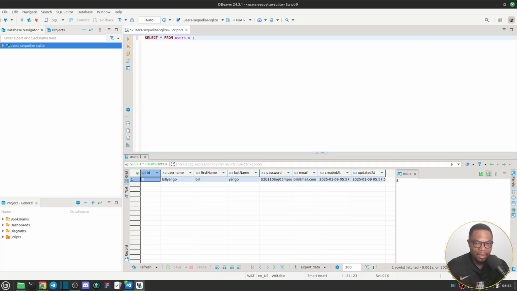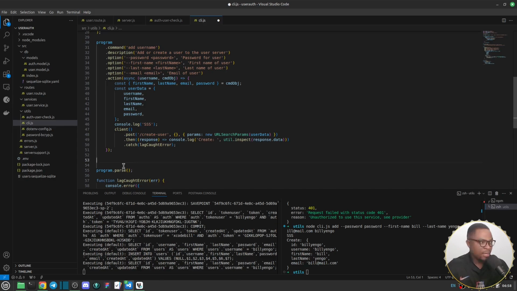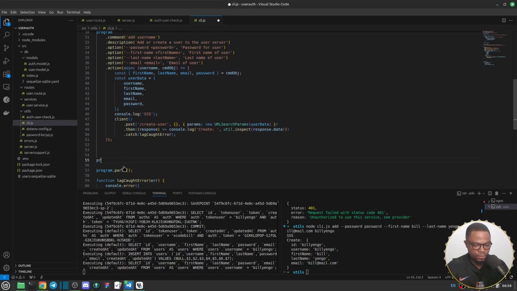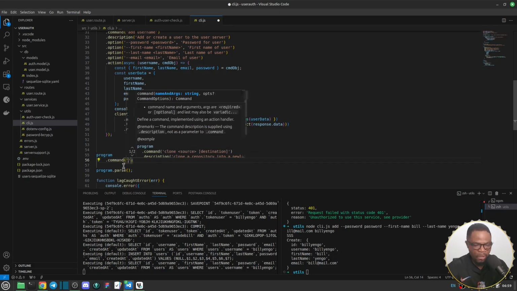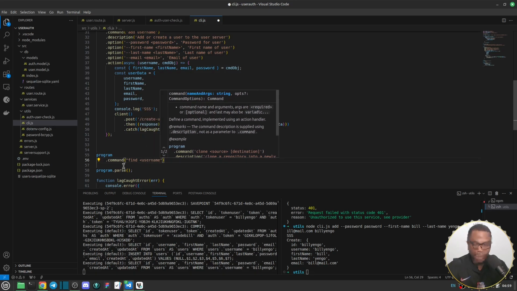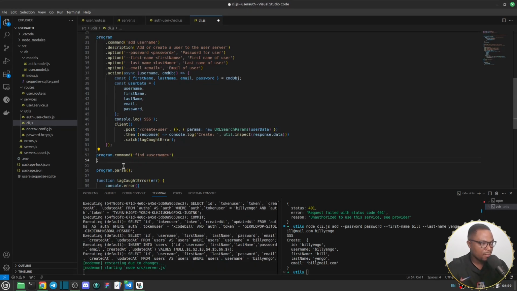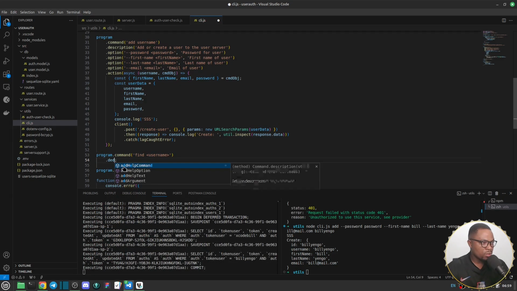Let's go ahead and create the other options. I think let's move on to, and let's do the find user command. Okay, so let's go ahead and let's say program dot, let's put this at the bottom here, dot command, and let's say our command is going to be find. In order to find the user, we want to provide the username. Okay, and then let's come at the bottom here. Let's say that we want to place a description, and that will be search for user from